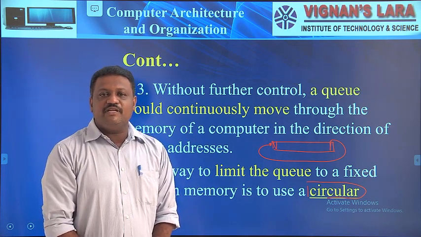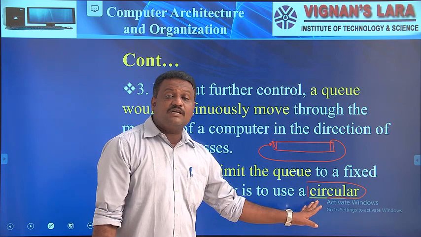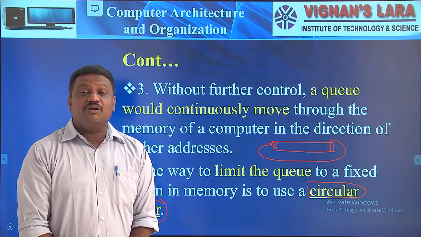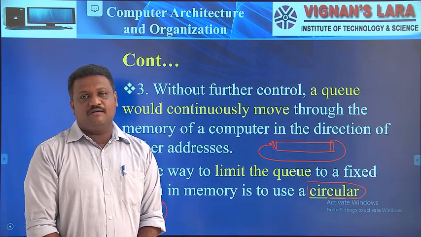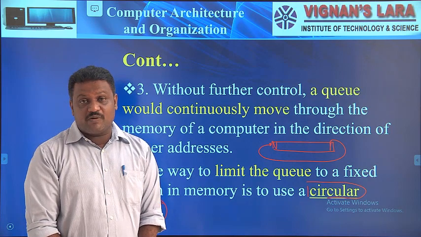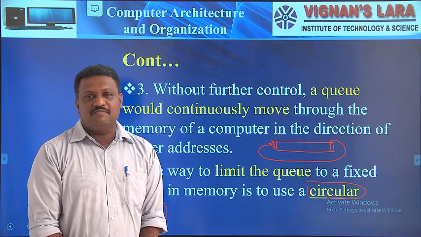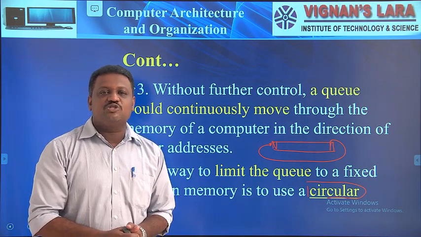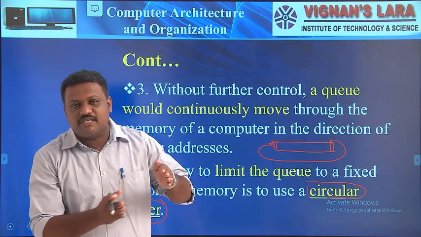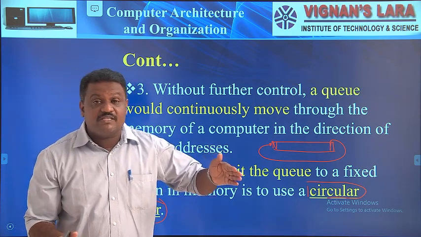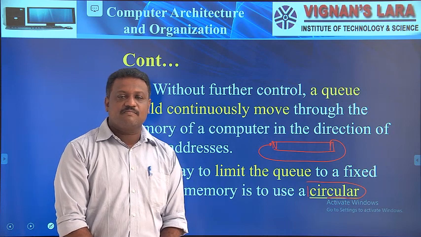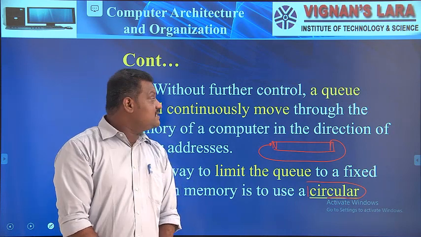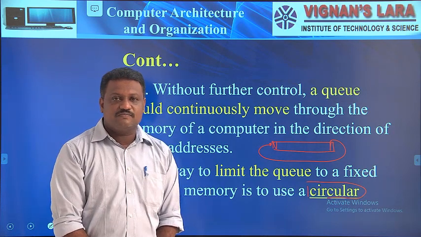So here we took the help of this circular buffer concept. We can control or limit the queue. Otherwise, we are not using any controlling mechanism. If you keep adding data elements to the queue, the size of the queue can increase. That creates problems for us. So this is the situation for a queue.